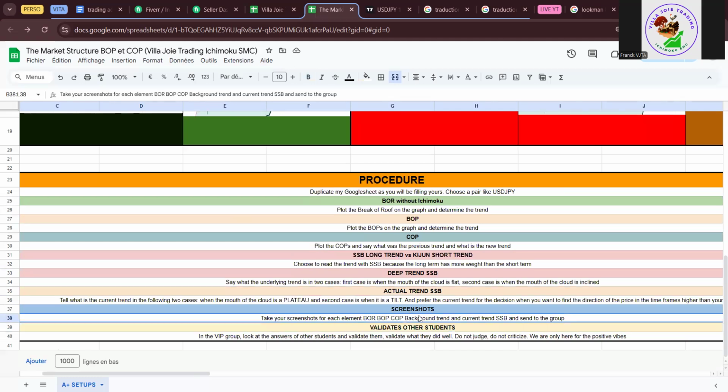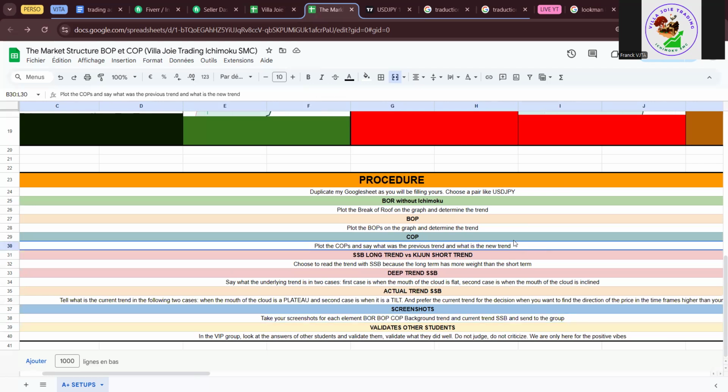When you have all of these screenshots, you can send them in the group, and because it's peer-to-peer learning, other students will comment on your work, and you can comment on other students' work too. Just stay positive. No judgment. We stay positive and we learn